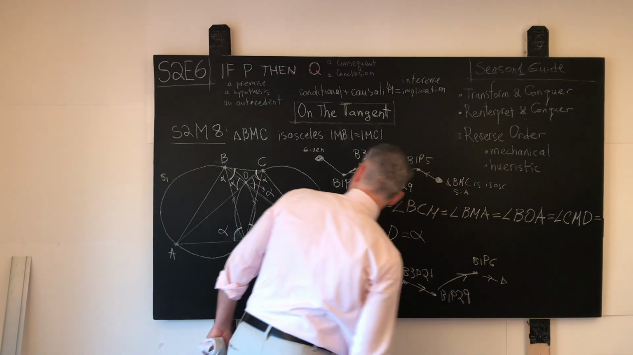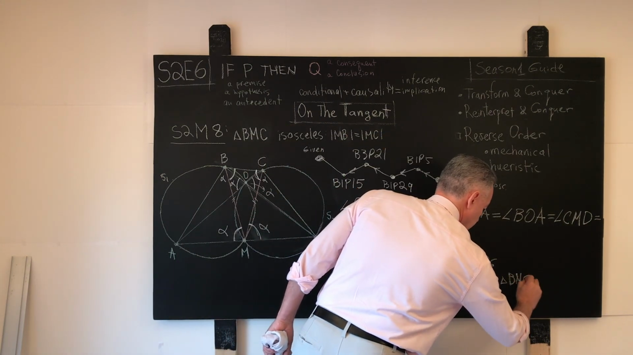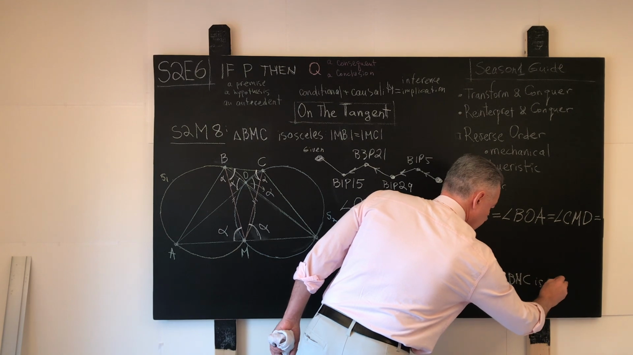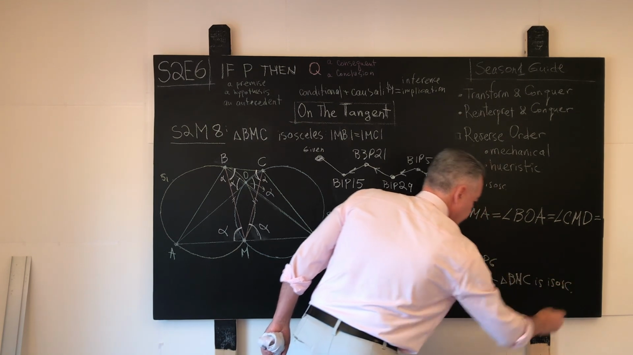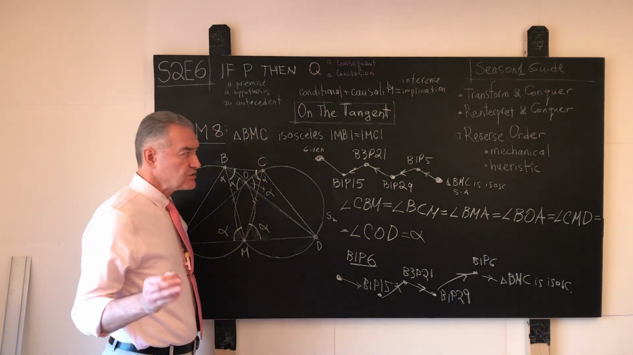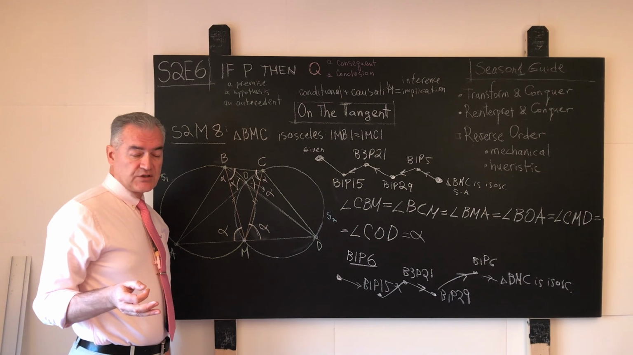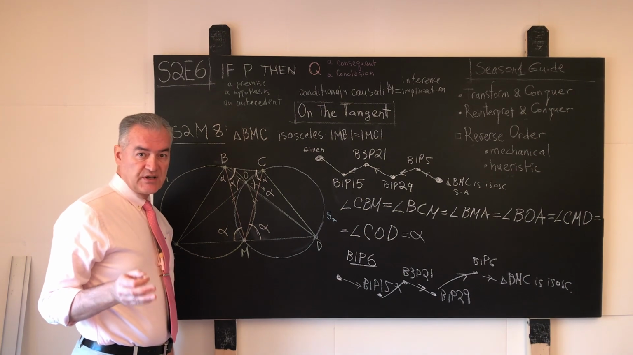triangle BMC is indeed isosceles. So as I mentioned before, in season 1 episode 3 and season 2 episode 3 and season 2 episode 4,